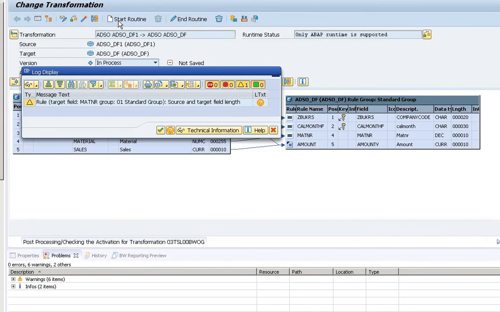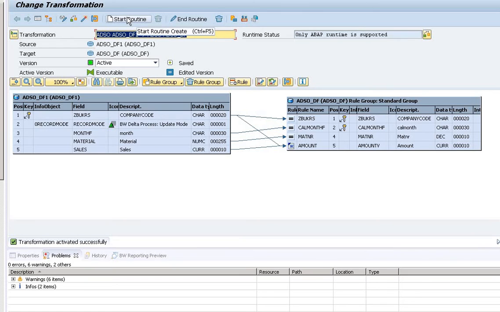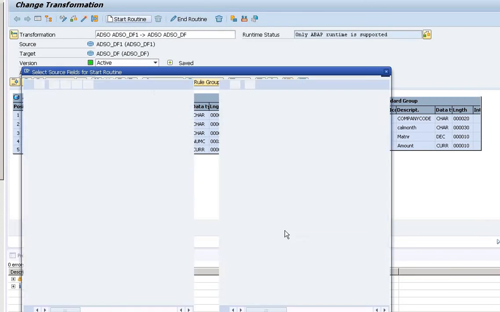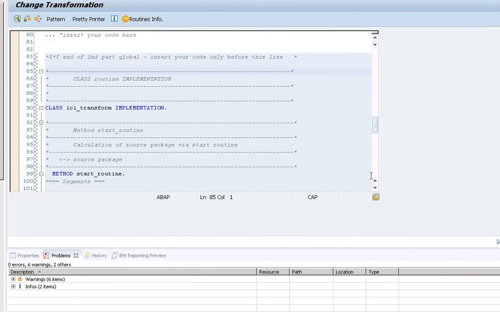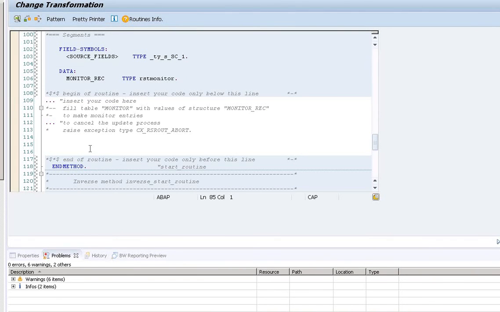So now it's about the start routine that I will show you quickly, then we will end the tutorial. So in the start routine, as I said earlier, we will be working on source package or source fields. So that I'll be showing you quickly here. And I will click on this start routine, and here we can go to this space. We can write the code that we want to write. And I'm writing a small, just one delete statement, like delete source package,